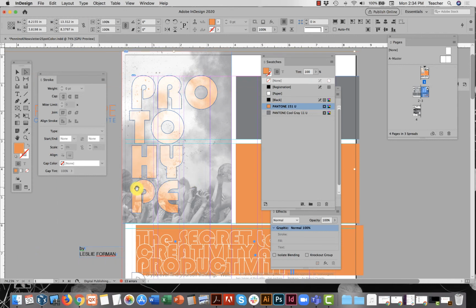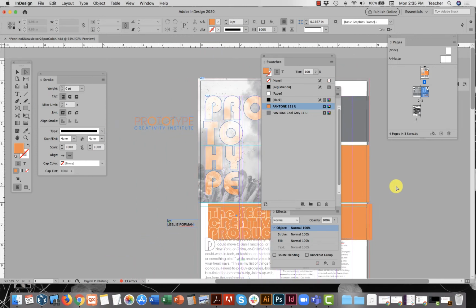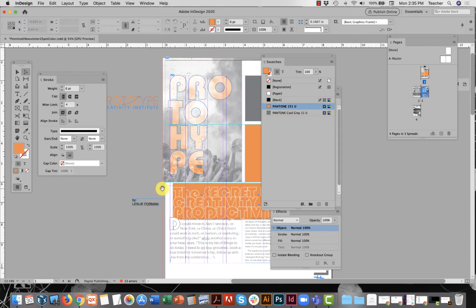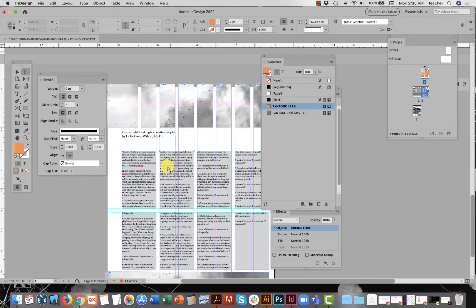So here you'll see, oh, look at that. That image right there, in all of these instances, I had placed a grayscale TIFF into those text frames, but also into this regular picture frame. And instead of those pixels being associated with the grayscale TIFF, I changed the pixel color by selecting the contents of the image and applying one of my spot colors. So I would want to do this for all of the images that I have placed into my file.